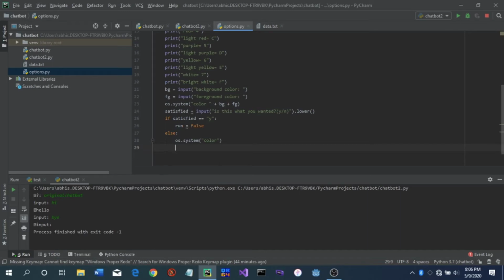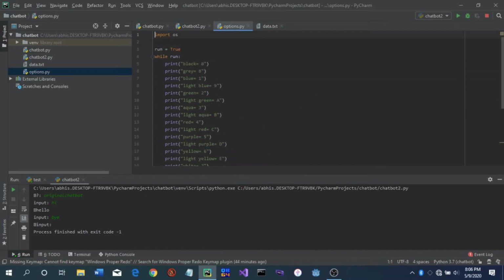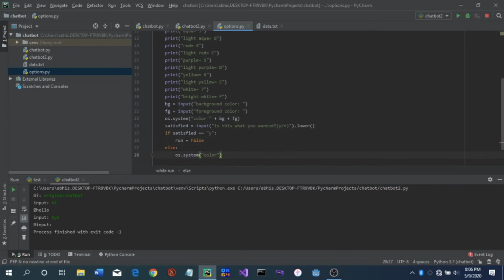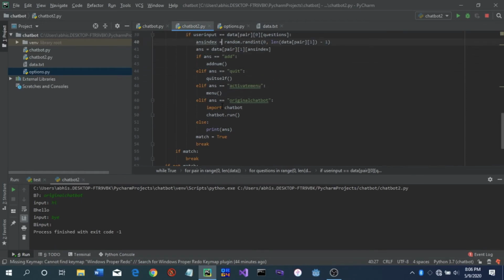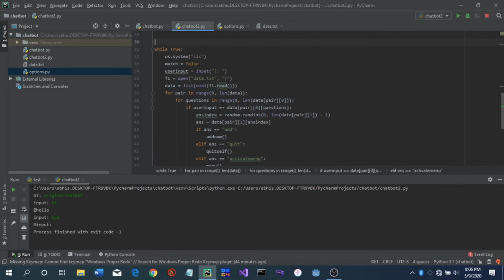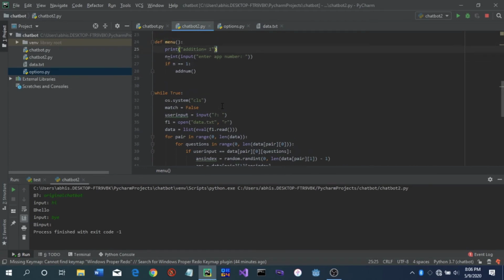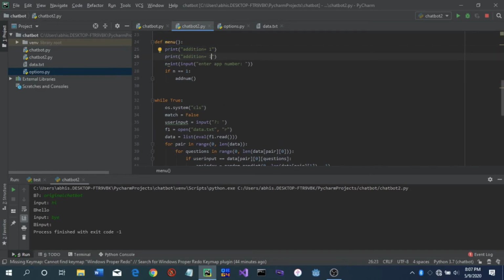So we'll do Control Alt L for the formatting, right? And now this should run. I'm pretty sure it should run. So what we'll do over here, we'll put another thing in the menu, which is, we'll copy this, Control C, Control V, and we'll change this number to 2. We'll take this and we'll write options, and then if